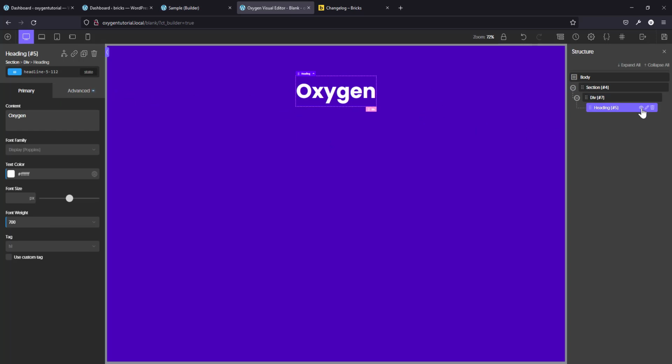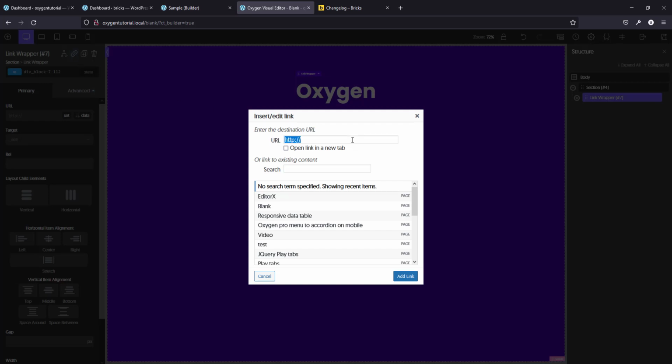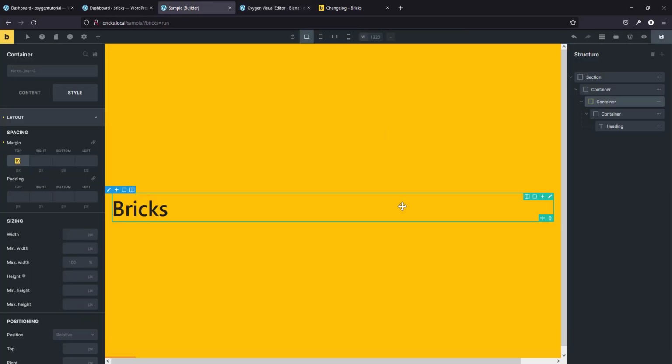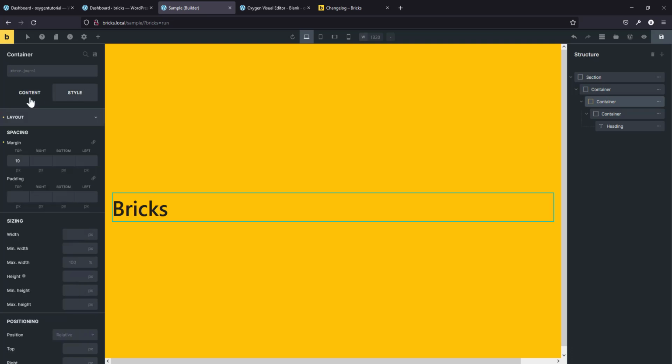called the link wrapper. So now I can select a div and then I can convert that whole div into a link wrapper, and then I can add any link on that element. So any element can be converted into a link. In Bricks, you are limited to certain elements. For instance, if I select a container, I don't have a way to link it, so I can't link that